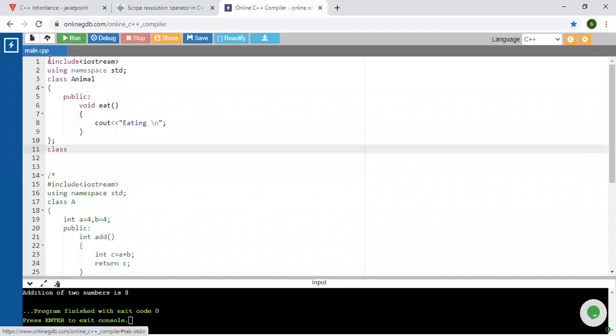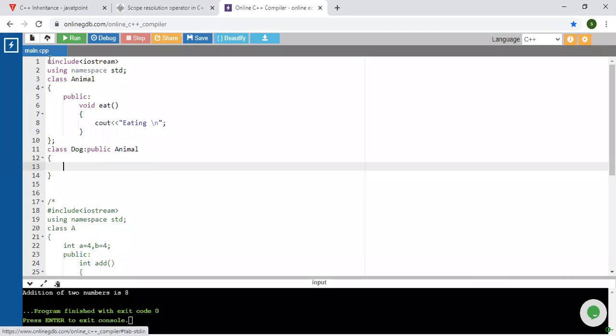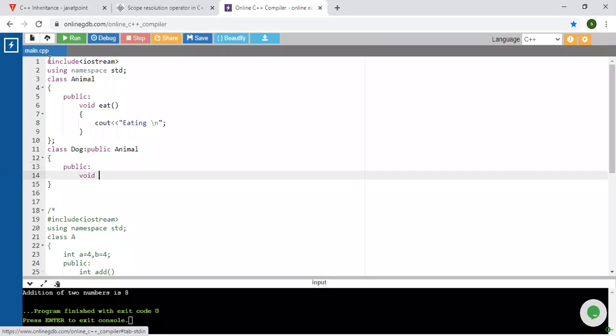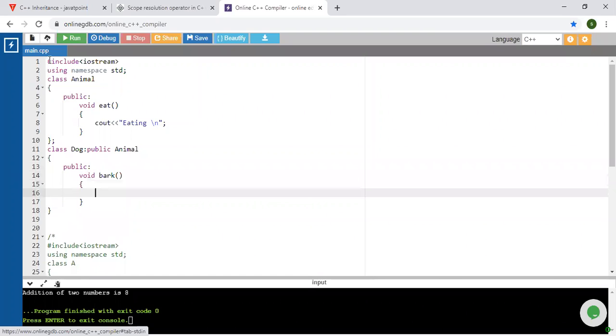Then next, class dog is going to inherit the animal class, because we are talking about multi-level. So next, public. Here we will consider the next method as bark. We will display cout barking.